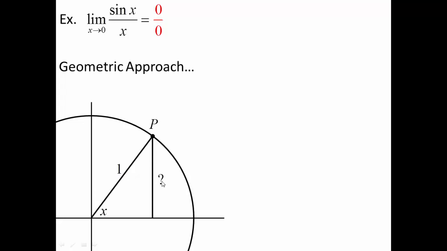I'm looking for the opposite side of the given angle, so I can simply define that the sine of x is the opposite over the hypotenuse. The opposite is what I'm looking for, but I know that the hypotenuse is 1. Therefore, the sine of x is the opposite side. So I'm going to go ahead and redefine the opposite side simply to be the sine of x. So for this triangle, the angle is x, the hypotenuse is 1, and the opposite side is the sine of x. Next, I'm going to draw a larger triangle.